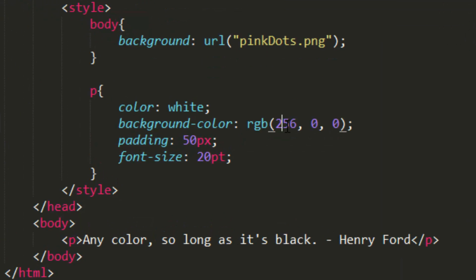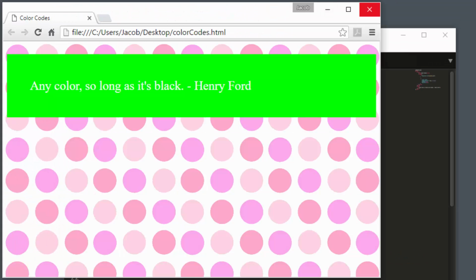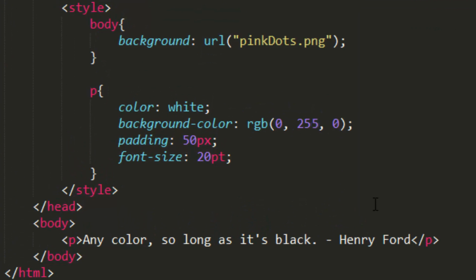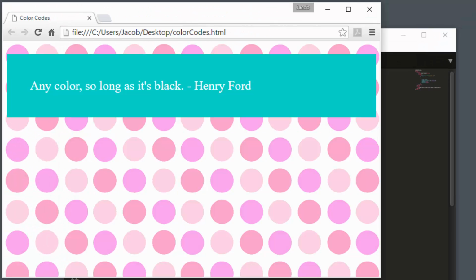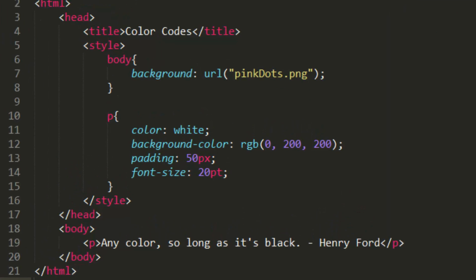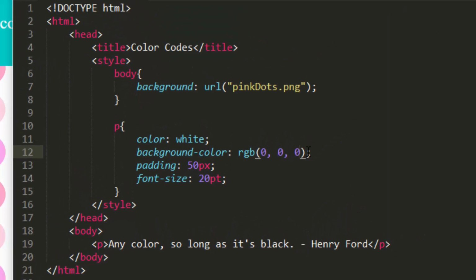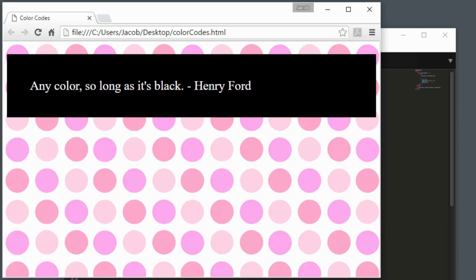Set the RGB values to 0, 255, 0. Now the color is the most intense green with no red or blue mixed in. Set the RGB values to 0, 200, 200. As expected, mixing an equal amount of green and blue results in cyan. Set all the RGB values to 0. The result is black. This is consistent with the additive color theory, applicable on the web because the color comes from light. In this color system, black is not a color, it is the lack of color.